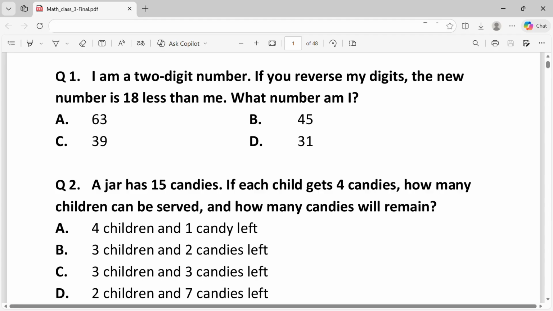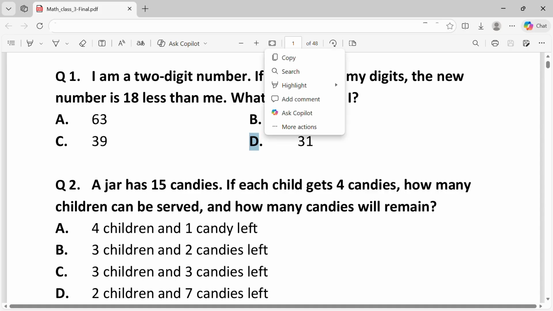So checking the options, 6 minus 3 is 3, which is not 2. 4 minus 5 is minus 1, which is again not 2. 3 minus 9 is minus 6, which is not 2. 3 minus 1 is 2. So answer is D,